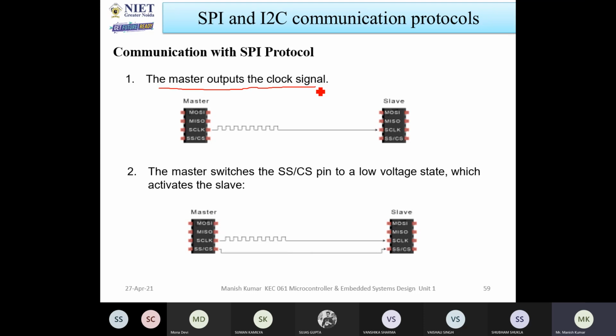Now the second thing is you have to activate the slave signals. So how can you activate the slave devices? With the help of slave select lines or chip select lines. How? When you're providing the low, you can see that here it is written like this: low signals. It means you are providing 0, it will go to the SS signals. With the help of slave select lines, you can activate the slave. It means that the slave is ready to accept the data.